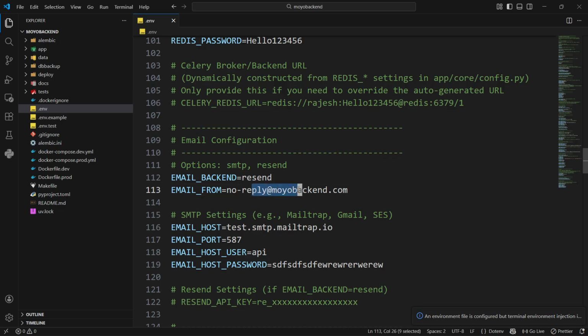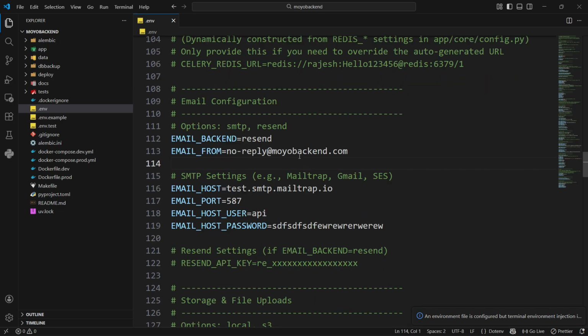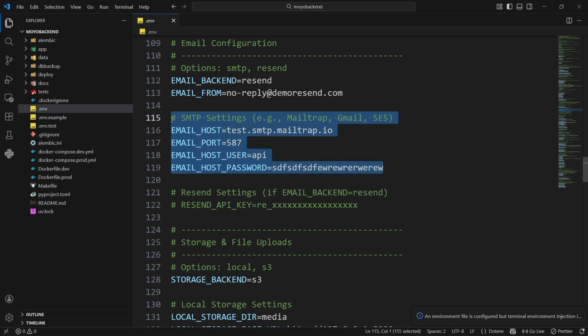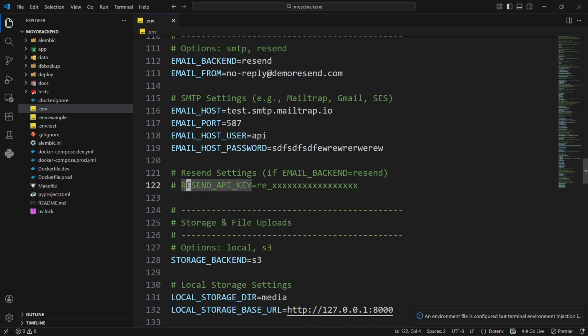Then you have to change the email from, which is for testing, I think, demo Resend. You do not need to provide these credentials for Resend. Rather, you have to provide a Resend API key. So you will have to generate a Resend API key and paste the API key here, which we'll do in a few minutes. Please keep in mind, if you are using email backend Resend, then you'll have to provide a Resend API